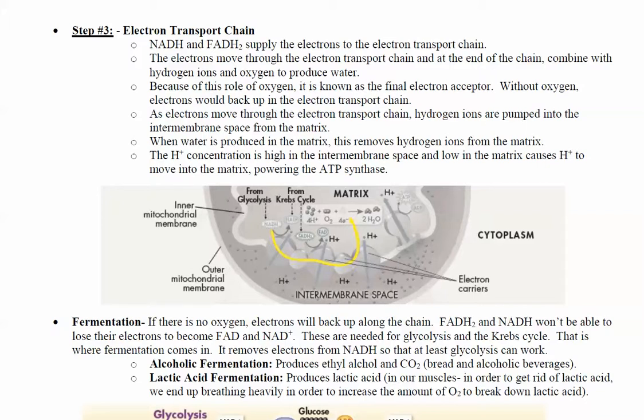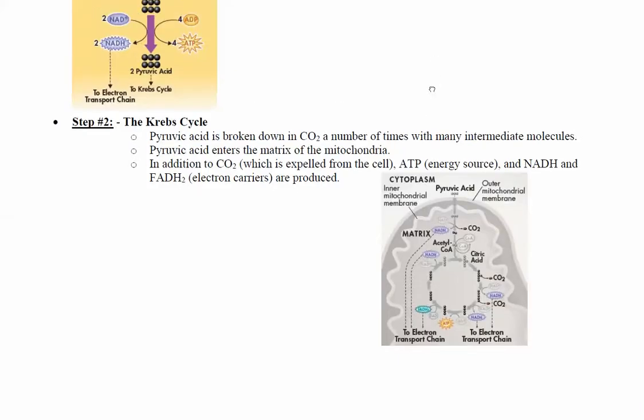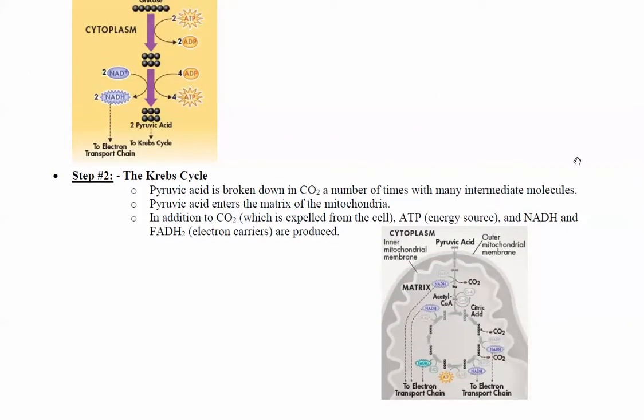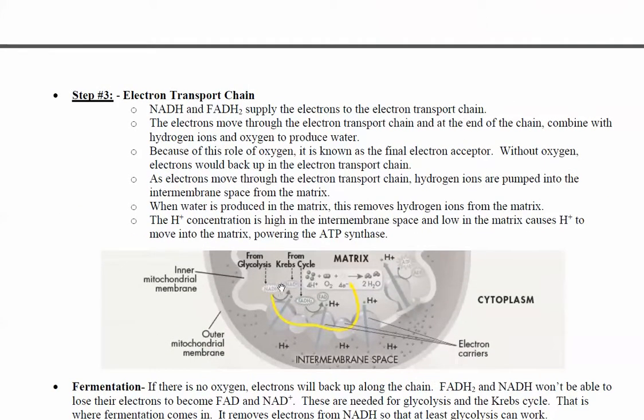Now, those are the 3 steps of typical cellular respiration, but what your question should be is, well, what happens if I don't have this final electron acceptor? And so what I'm going to do is I'm going to walk you through it to understand what's going on. Well, if I don't have the final electron acceptor, electrons will back up, NADH won't be able to deliver its electrons to then become NAD+ again, and FADH2 again won't be able to become FAD, which is a big problem because if we go back up here, glycolysis requires NAD+, and the Krebs cycle requires NAD+ and FAD. So if these guys aren't able to deliver their electrons to become NAD+ and FAD, then those 2 other processes